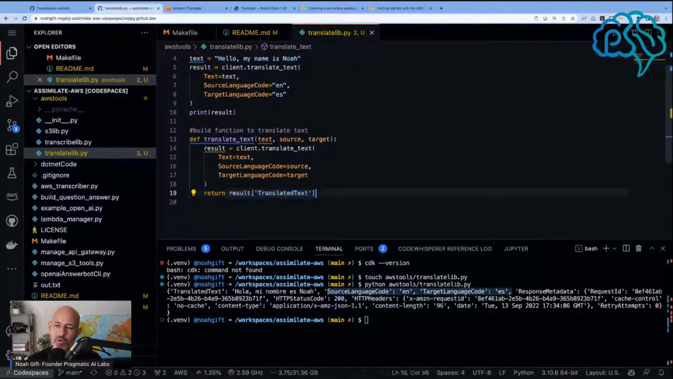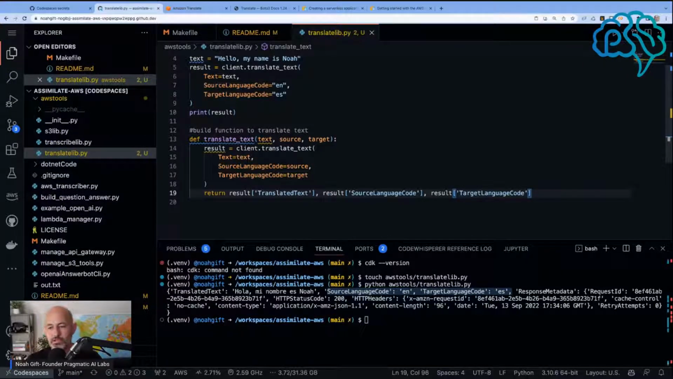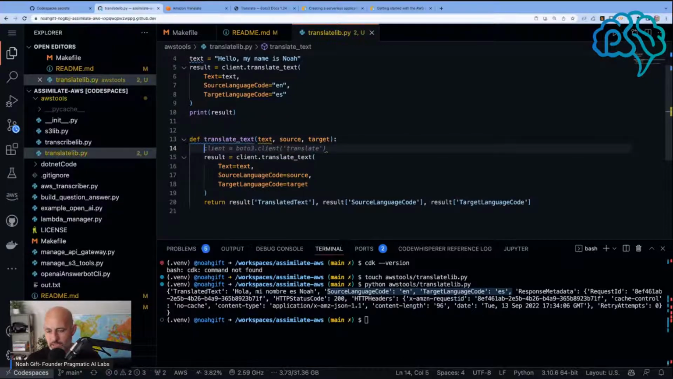Now I probably want to return back the source and the target as well. And the reason for this is that if I'm going to do lots of translations, I may not be an expert and know the difference between Portuguese and Spanish. They look similar if you're a novice. And so I want to have that qualifier there. So we'll go ahead and put some documentation in this function, and we can say,